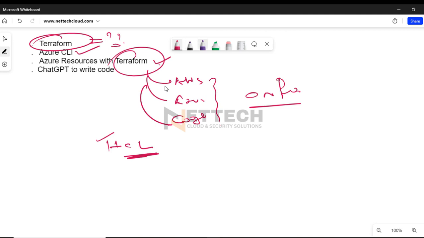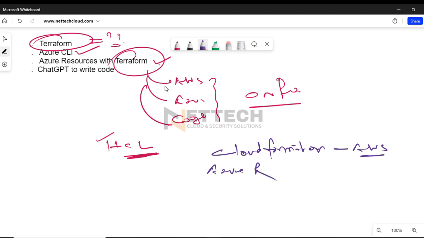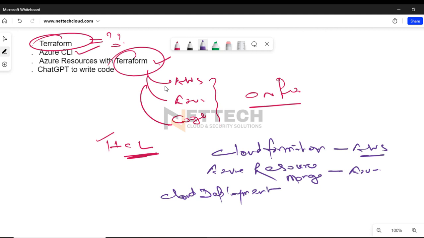Even though AWS has its own automation method, that is AWS CloudFormation. So in AWS you can use AWS CloudFormation. In Azure also we have Azure Resource Manager, and in Google also we have Google Cloud Deployment Manager,